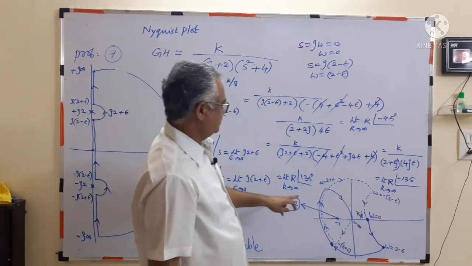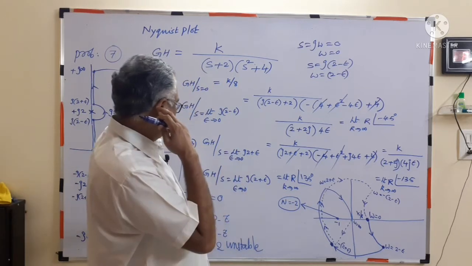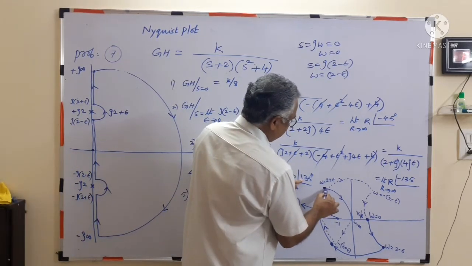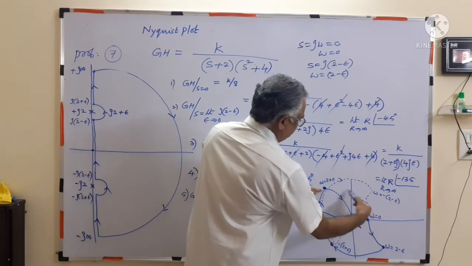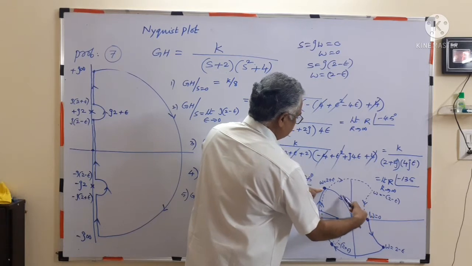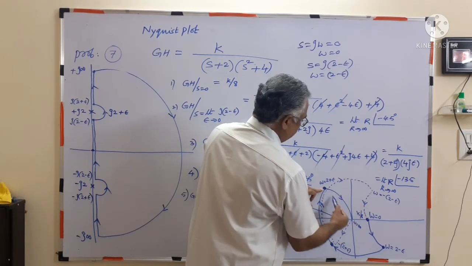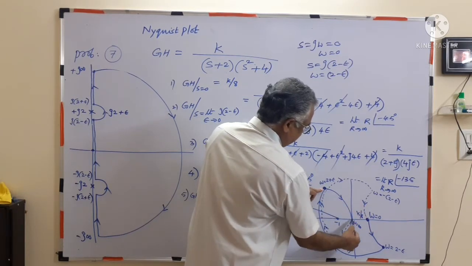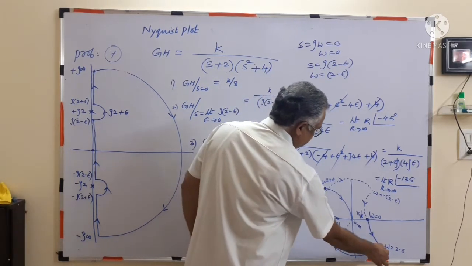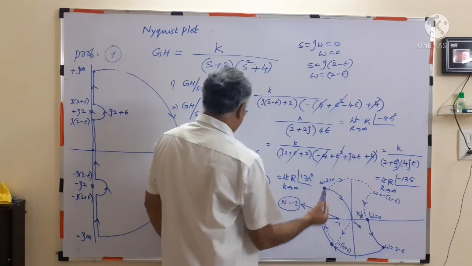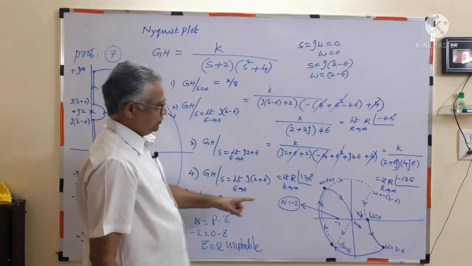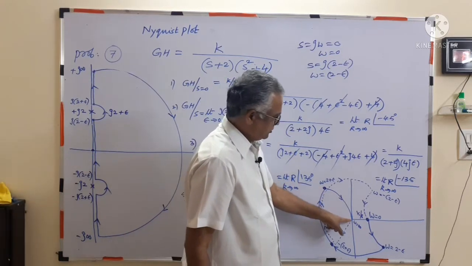Fourth one is plus 135. This is the fourth one. If you measure this way, plus 90 plus 45, so plus 135. This line is plus 135. This line is minus 135. First point, second, third, fourth, fifth. Fifth is 0, mapping to 0. So this will go back to 0 again.